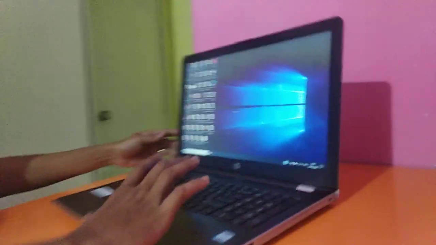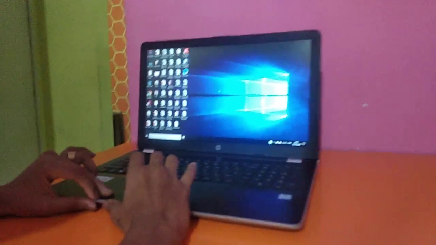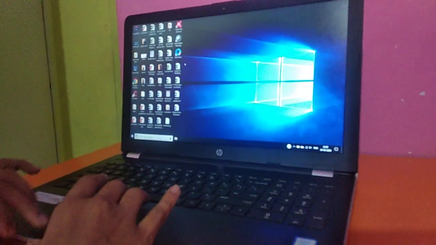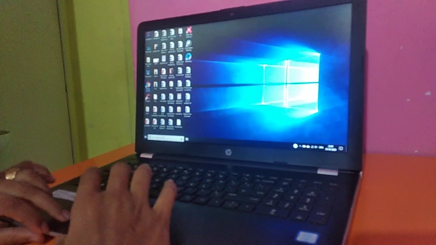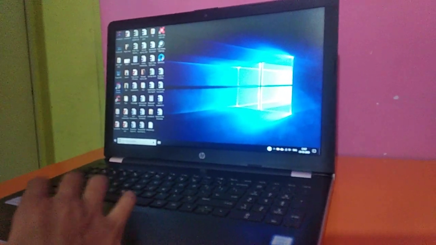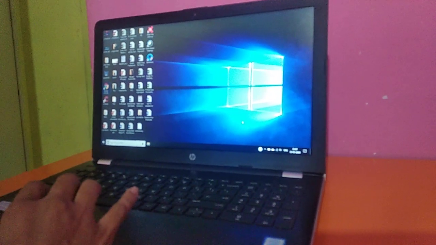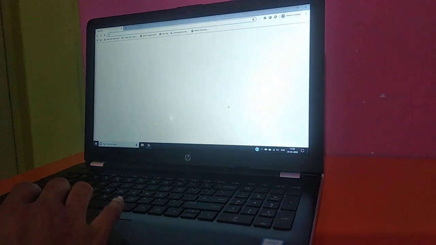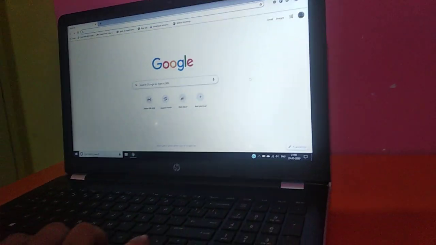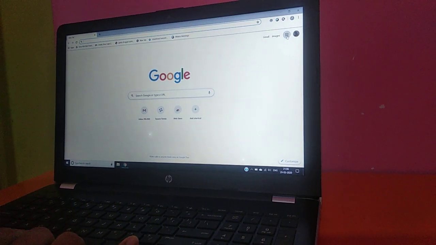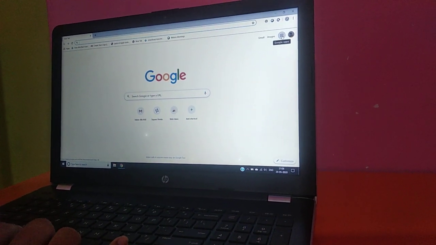If you are going to carry out your online teaching using Google Classroom, what you need to do is first open Google Chrome. The moment it opens, here you can see many Google apps.